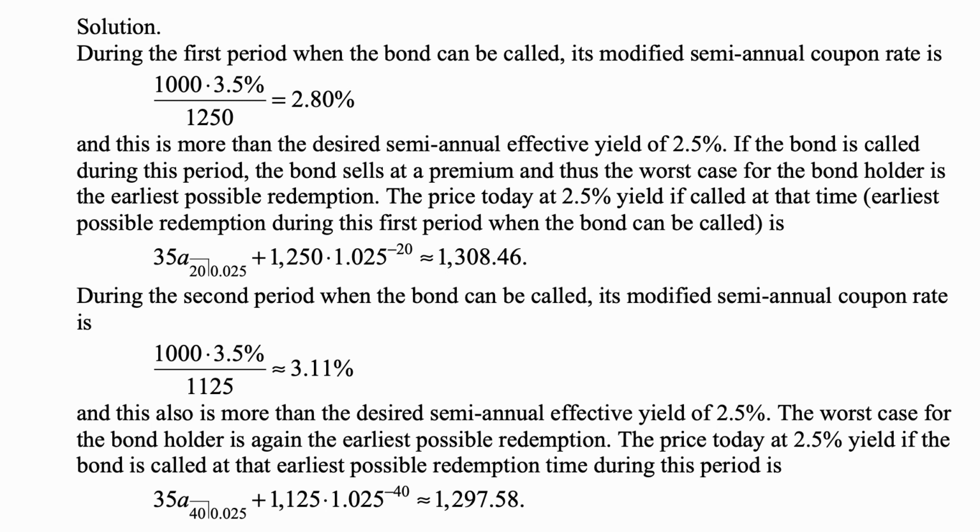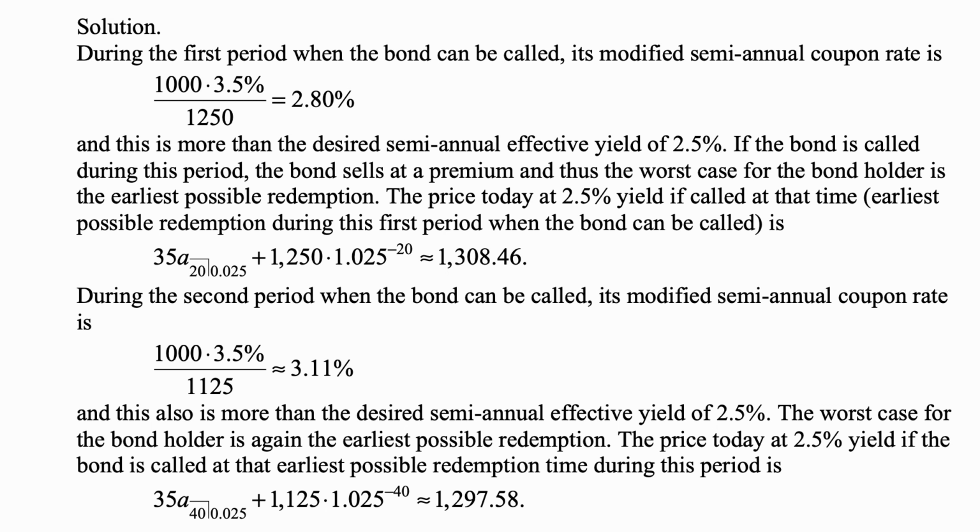1,308.46. During the second period when the bond can be called, its modified semi-annual coupon rate is 1,000 times 3.5% divided by 1125. That's actually even better, 3.11%. And this also is more than the desired semi-annual effective yield of 2.5%. The worst case for the bondholder is again the earliest possible redemption, because that basically cancels those high coupons later on. The price today at 2.5% yield, if the bond is called at the earliest possible redemption time during this period, is 35 angle 40 at 2.5% plus 1,125 times 1.025 to the negative 40, so that's approximately